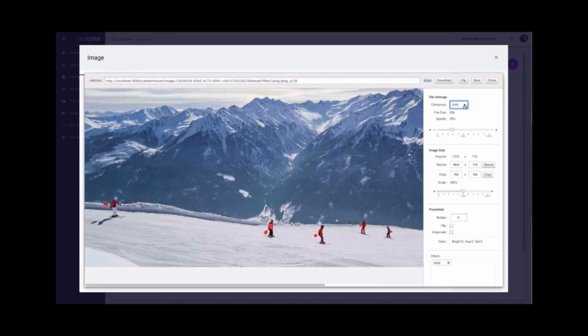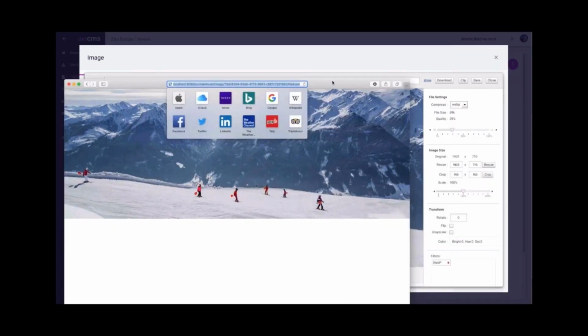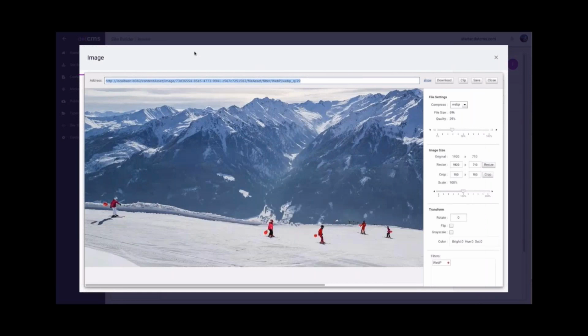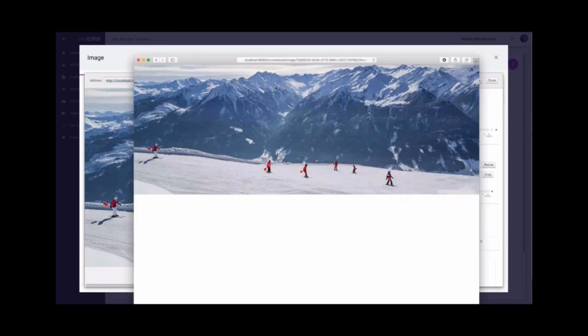The most important piece of this is not just being able to deliver WebP, because the thing about a WebP image is that, let me show you, Safari out of the box doesn't support WebP. But what we've done in dotCMS 5.2 is we've given you the ability to select auto. And what auto is going to do is, based upon the browser and the quality you select, automatically deliver the image in the format that your browser can support.